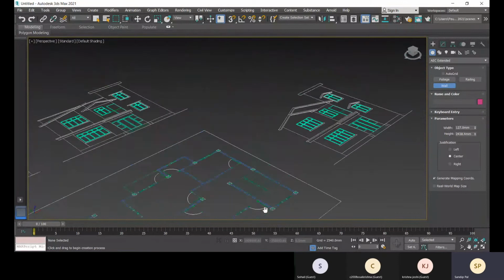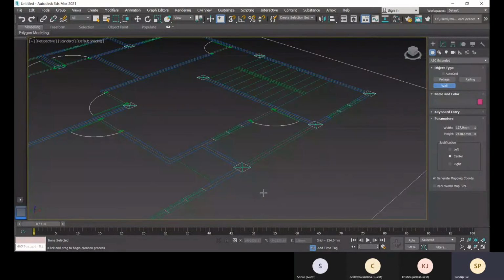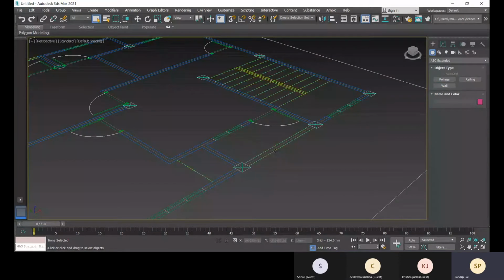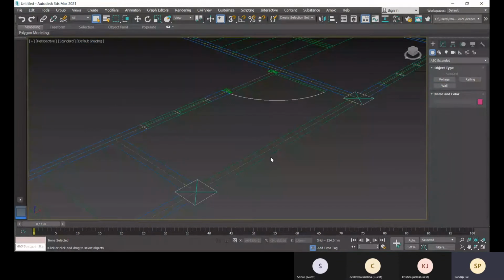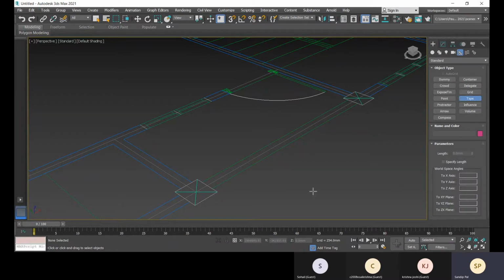Suppose you don't know, or you forgot, the thickness. It's not suggested to go back to AutoCAD and check it. Here you can also check it. How? This Helpers option is available, and under this, Tape is available.